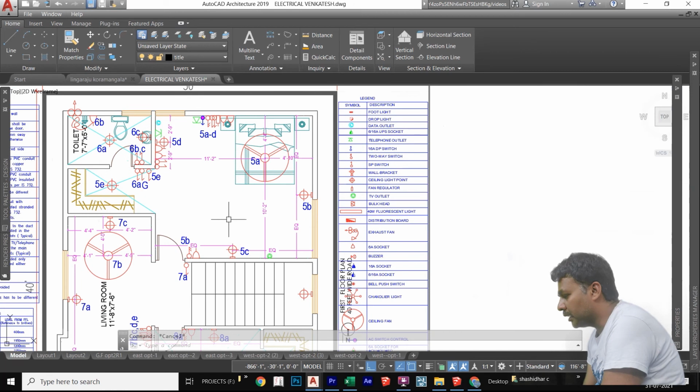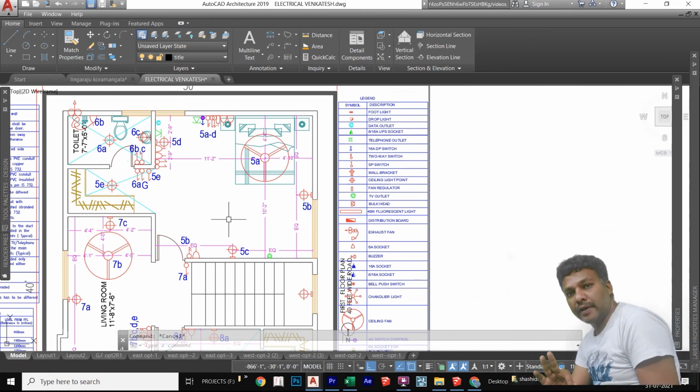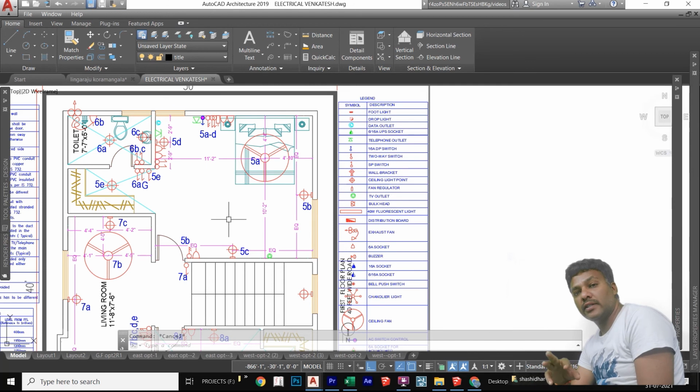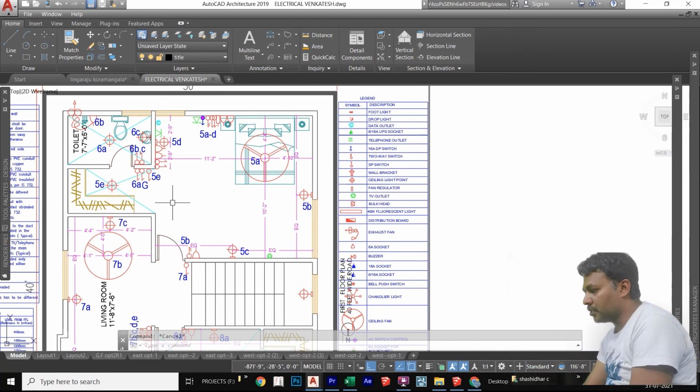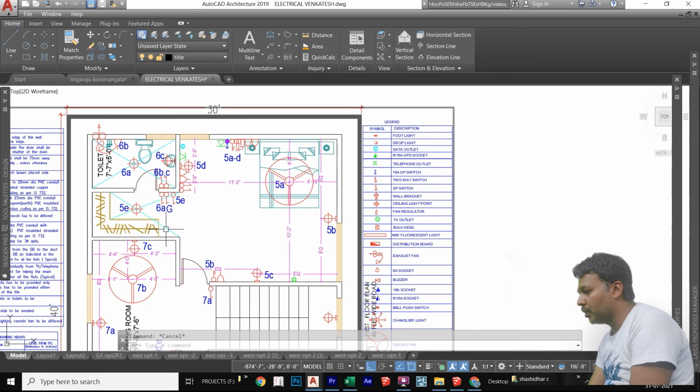So in this bedroom overall we require minimum 3 light points and 3 boxes. One is near the bed, another is at the entrance of the door, and the third is for the study purpose. Minimum 3 light points, 1 fan point and 1 AC point are given here.